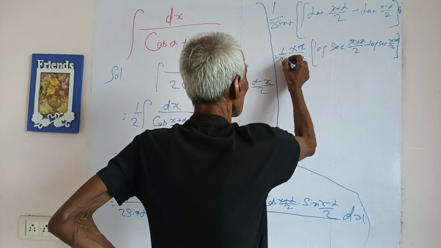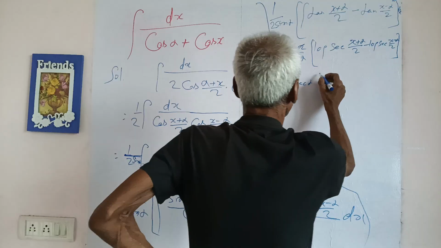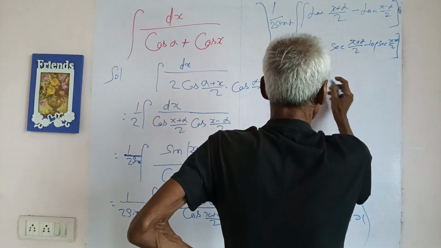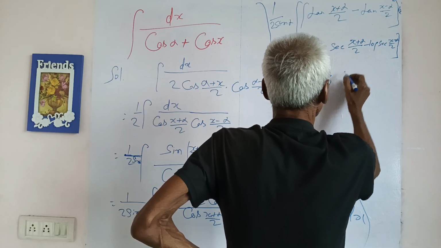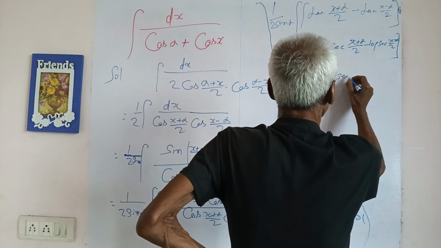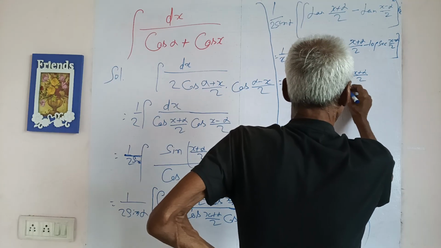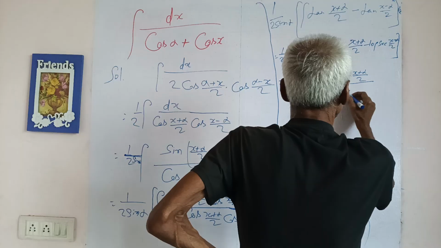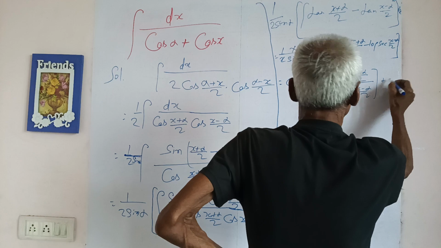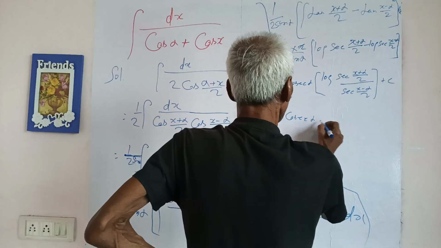This part will be cancelled. Here will be cosec alpha into, log a minus log b, log sec (x plus alpha by 2) by sec (x minus alpha by 2) plus c, is equal to cosec alpha,